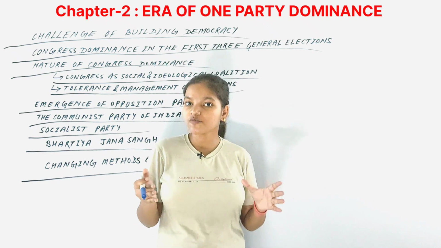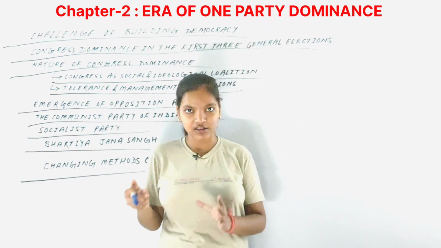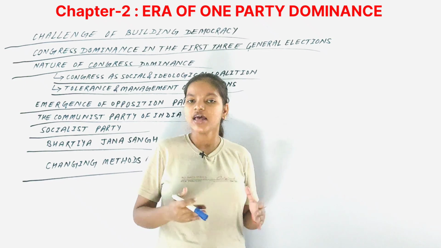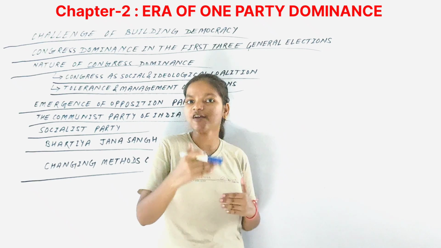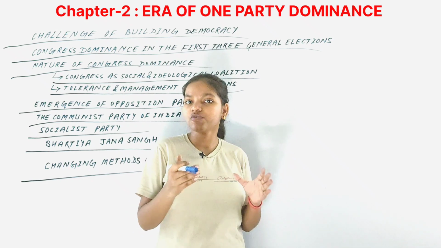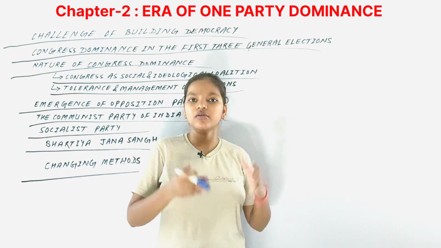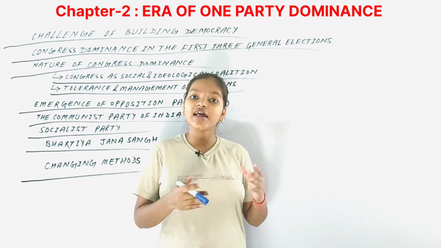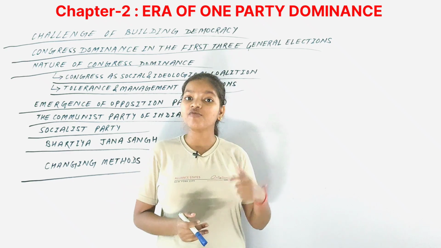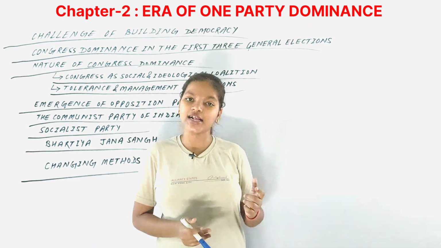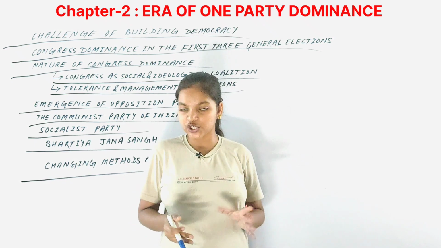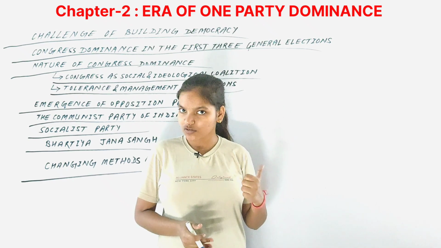There was a box for each candidate in each polling booth. Suppose there is a constituency and a polling booth, then there would be a box for each candidate. If there are 5 candidates, then there would be 5 boxes in each booth. On each box there would be the name of that candidate, the number of that constituency, the number of the polling booth, and the number of the polling station as well. And there would be a presiding officer of the election commission who would sign on the paper carrying all that information. So we can say that earlier the method was different.